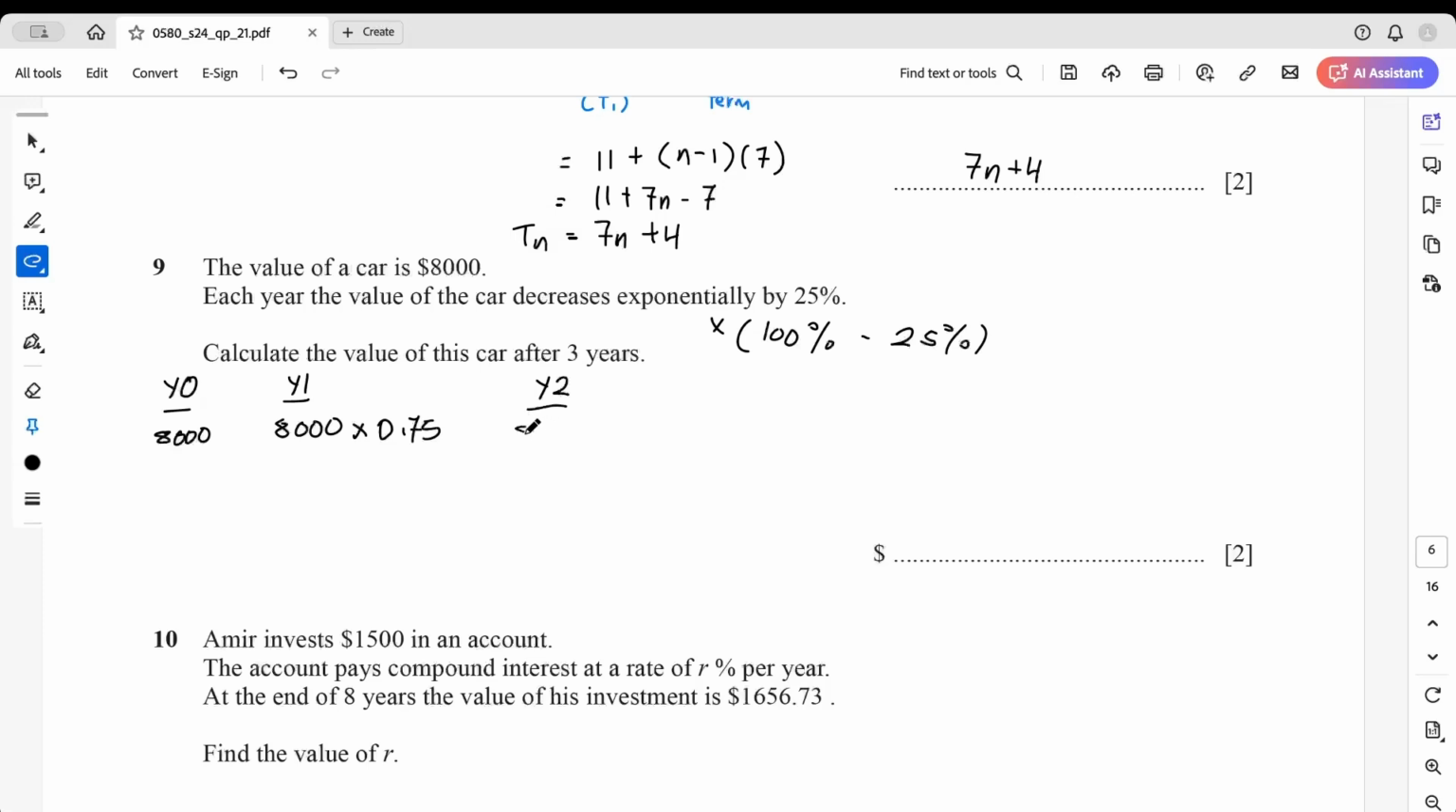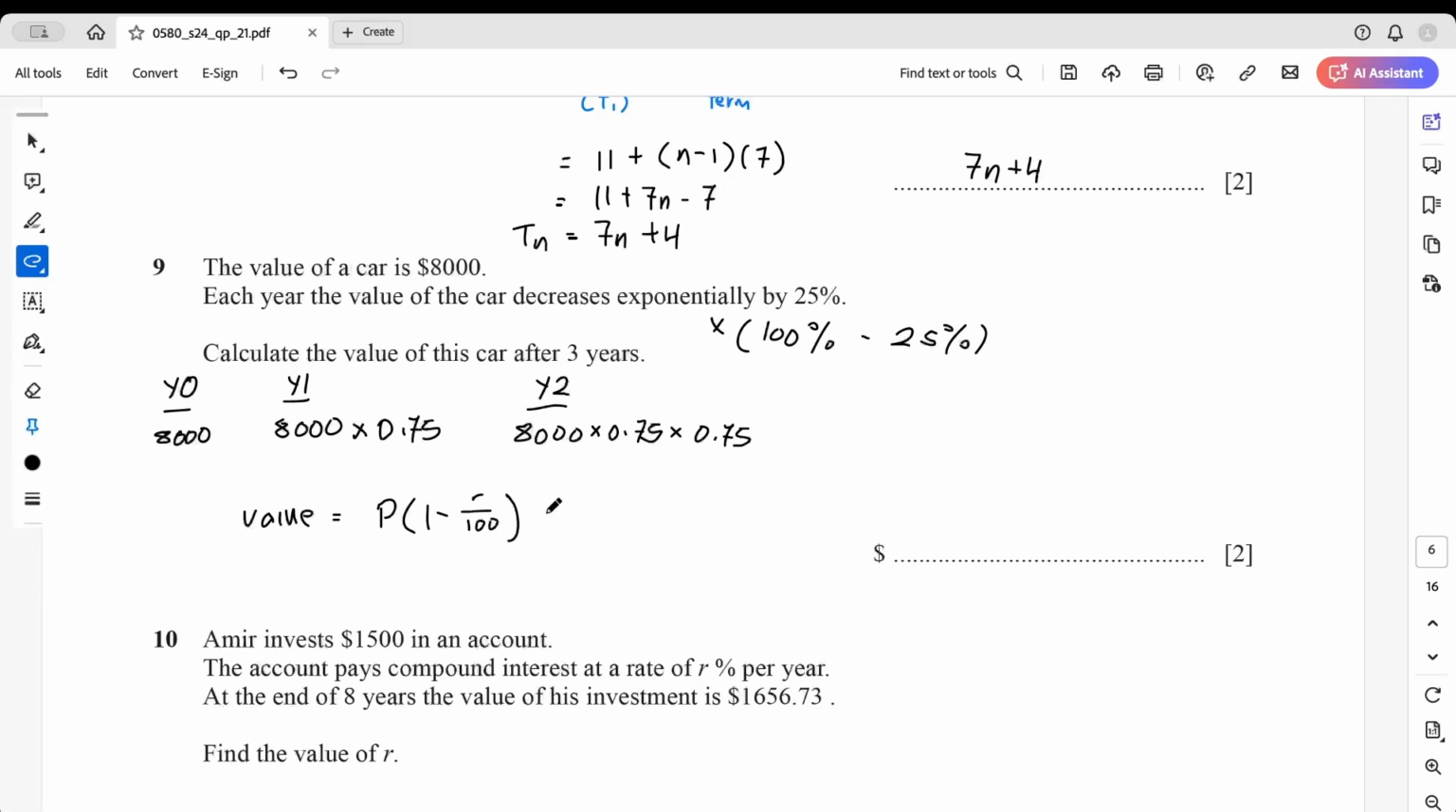Year 2, it is 8,000 times 0.75, which is the amount from year 1, and multiply another 0.75 to decrease the value of it again by 25%. So at year 3, at the end of year 3 or 3 years, the value of the car would be shown by this formula. The value will be P times 1 minus